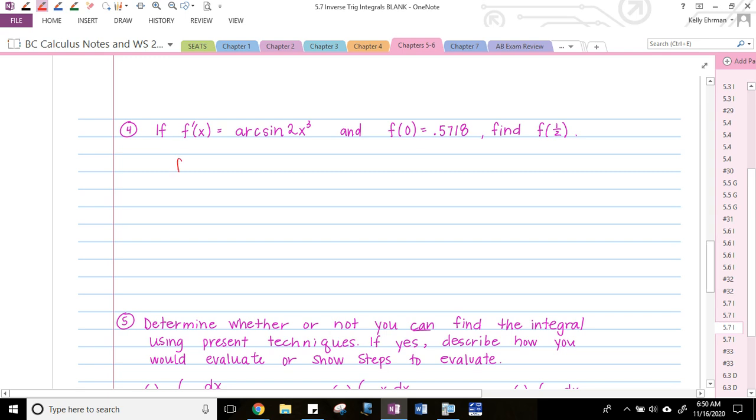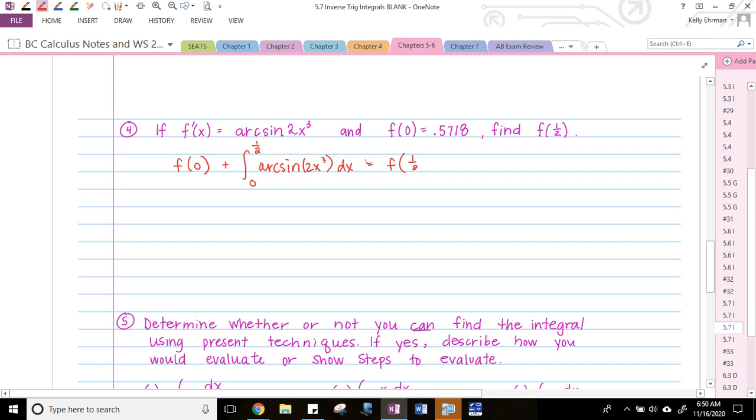As my calculator fires up, what I would show if this were a calculator problem on the AP test is that I'm going to do f of 0 plus the integral from 0 to 1/2, because that's where I want to get, of arc sine of 2x to the third dx,